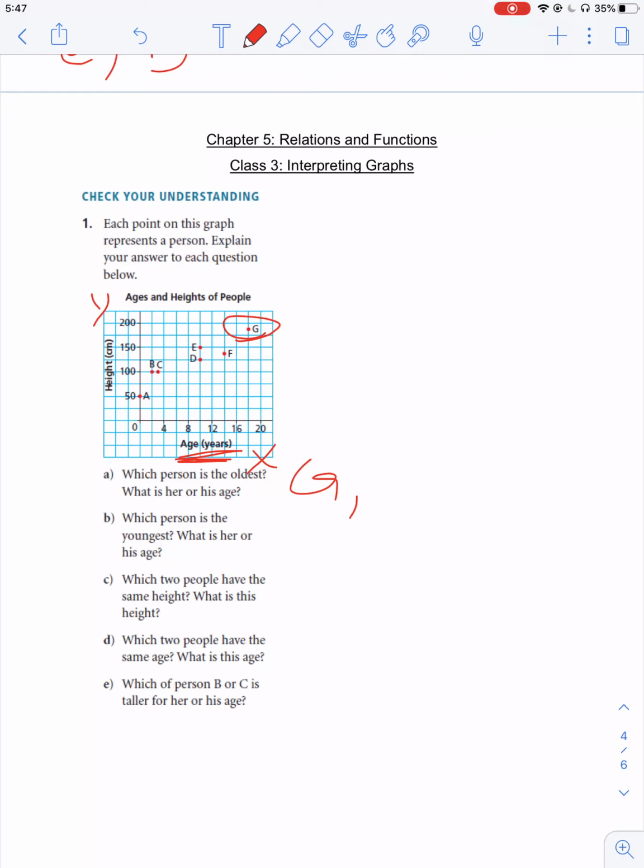What is her age? Again, it's in between 16 and 20, right? So if this is 4, then the number in between has to be half as much. So it's increasing by 2, right? So if that is 16, this has to be 18. She's 18 years old, okay? Now for this one,